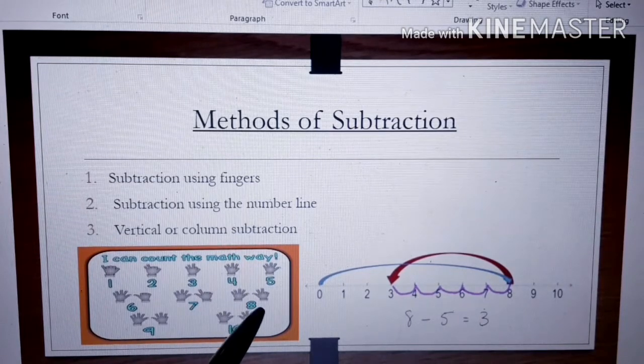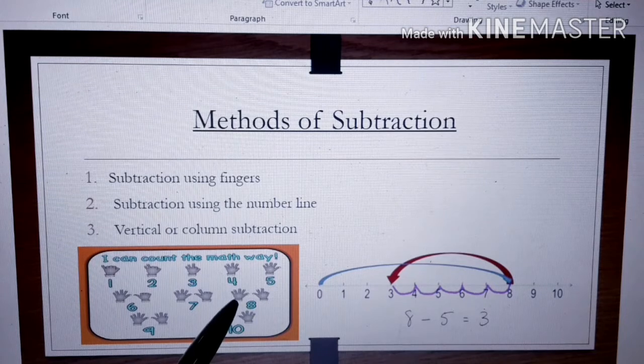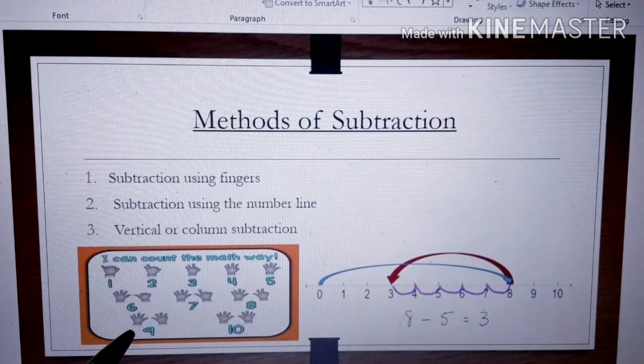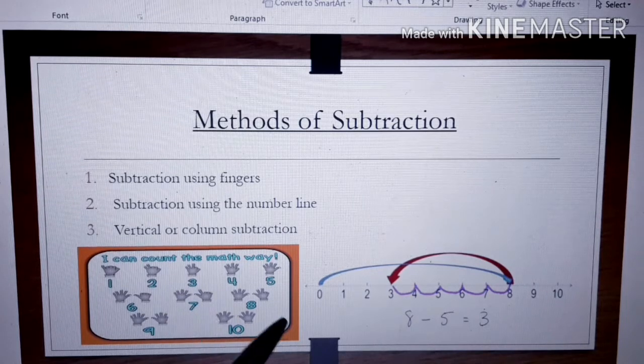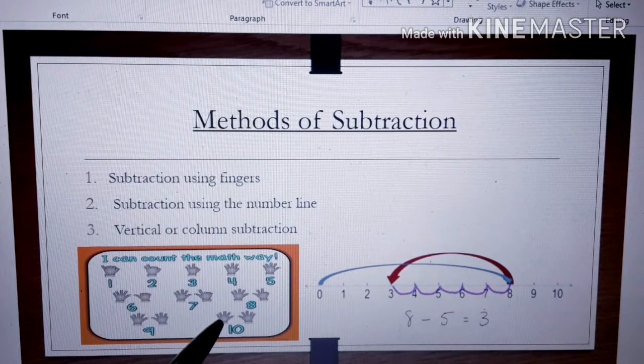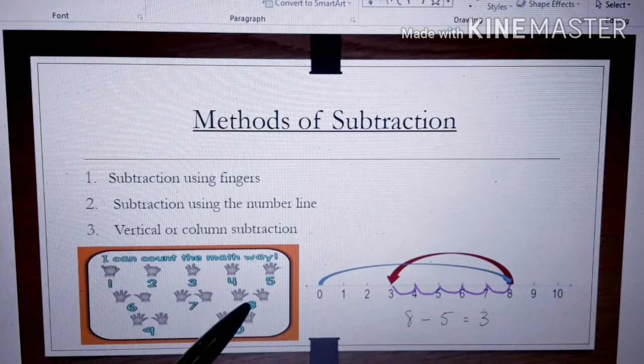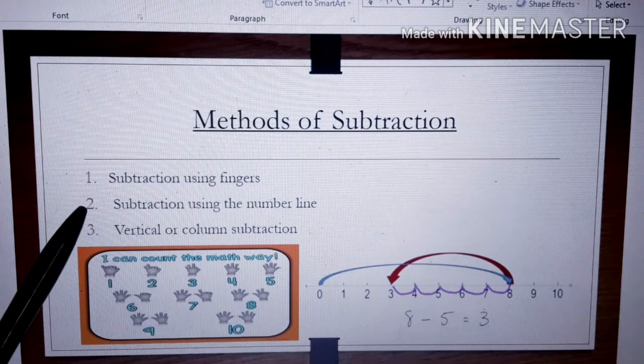Okay. Then how will you count 8? 5 fingers of one hand and 3 fingers of the other makes 5 plus 3 gives 8. Here it comes 9. For 9 children, you will open 5 fingers of one hand and 4 fingers of the other. We get 9. And how do we get 10? We open all the fingers, 5 fingers in one hand and 5 fingers in the other hand. Then we get 10. So this is how we do counting using fingers, right?